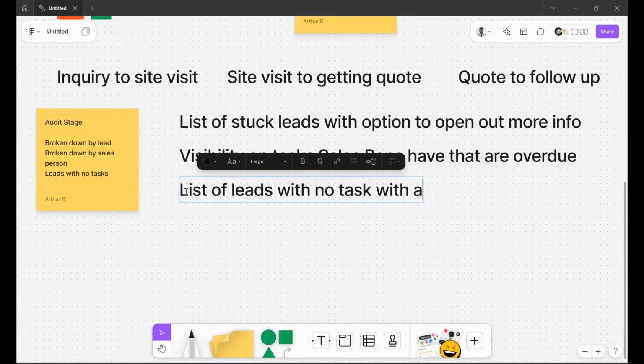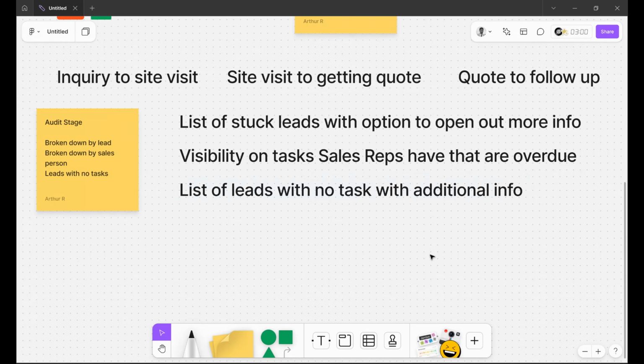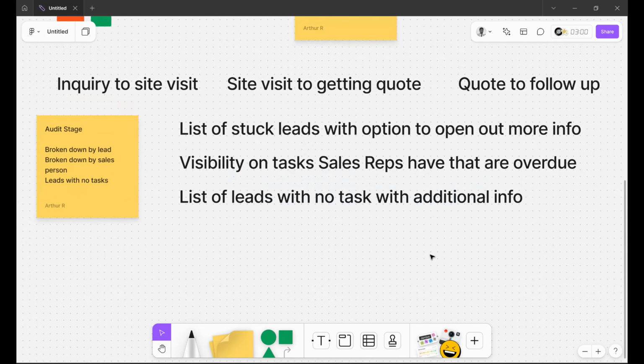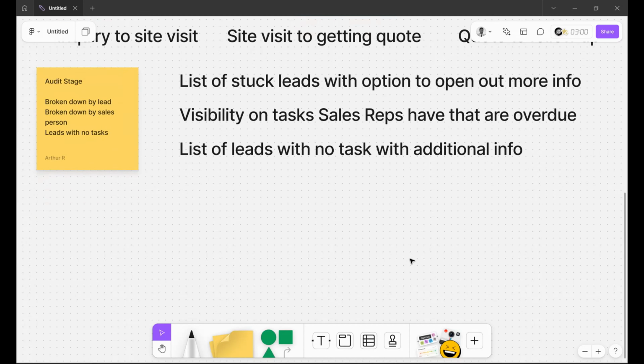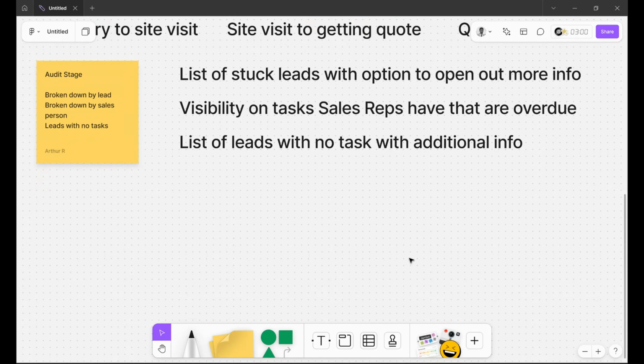I'm just going to say with additional info. Now, I'd say the last section, starting with your lag and lead metrics, towards the end I would look at two other things. One would be a summarized view of my hottest leads. We generally encourage clients to use confidence in close, this idea of using a percentage-based system